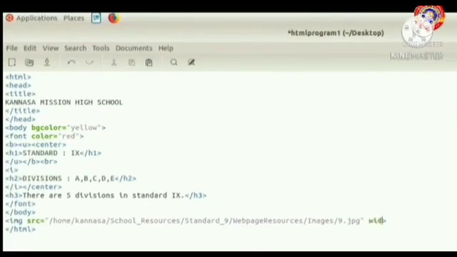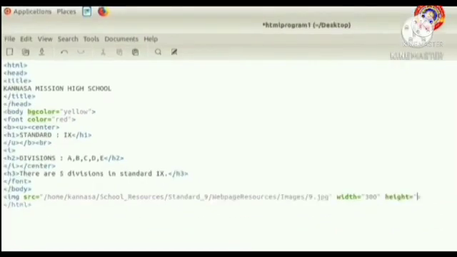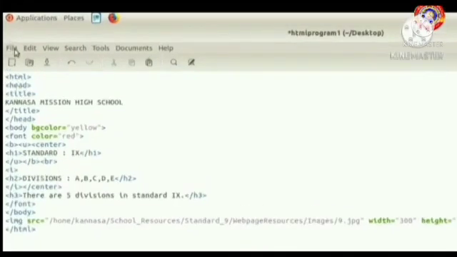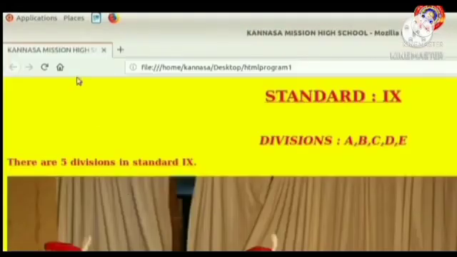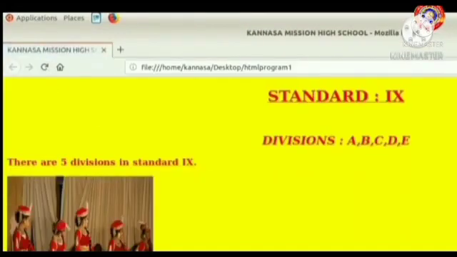So I am typing width equals, in double quotes, 300, and space height equals also 300. Now check the output. Can you see it now?